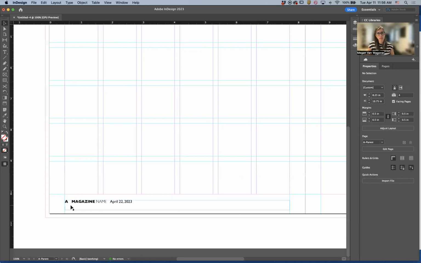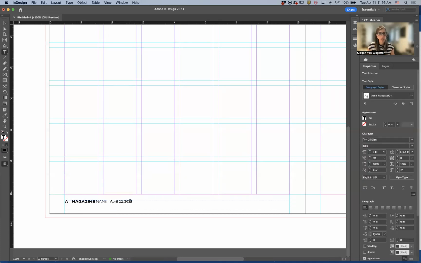All right, so I'm pretty close here. I need to think about placement within the horizontal line of my footer. I can have it all to the left. I can use punctuation or visual marks to separate the page number, the magazine name, and the date. I can actually use tabs and spread them out across the document. I'm going to go ahead and use a tab to take the date over to the right-hand side or the